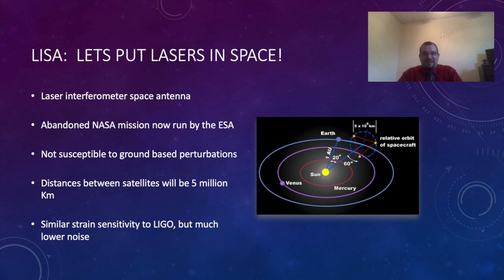Also, we can put one in space. This is something that the Europeans are working on. So LISA, or Laser Interferometer Space Antenna. This is a project that was originally designed by NASA and Caltech and JPL, but they basically said, no, we're not going to fund it. So luckily, a lot of the design work was already done, and it just needed to be built. And the European Space Agency said, okay, we'll build it if you don't want to. It's going to be 3 satellites that are going to have about 5 million kilometers between them, and it's going to have